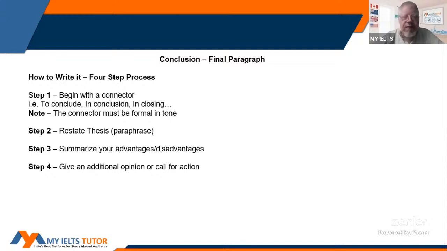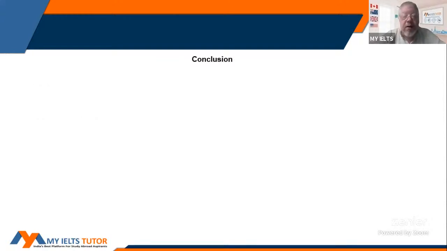Again, I apologize for this editing error. Step 3, again, you want to summarize the reasons behind your thesis. Okay, and that's it. So now our conclusion for this particular essay is,